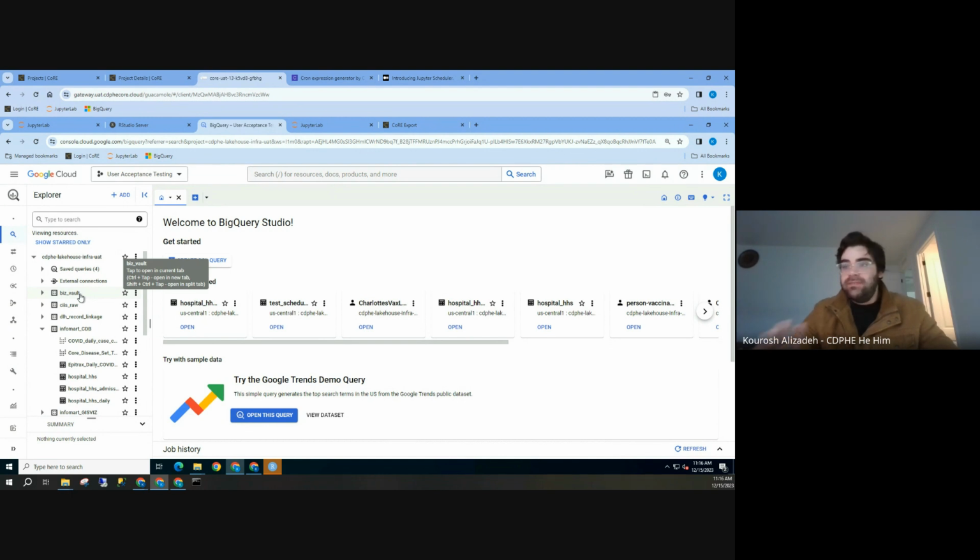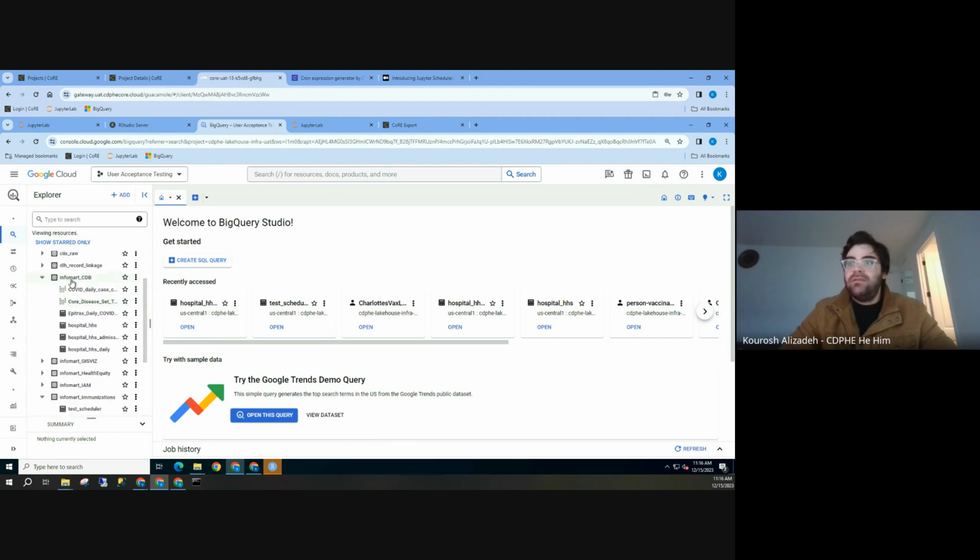Now the raw vault and the business vault are where the data from the different sources flows into. However, we wanted to provide all of you with your own databases to work in. And so that's what these different infomarts are. There's one for communicable disease, one for health equity, one for immunization. And really, if we wanted to create more, it would be pretty trivial. In fact, I've lately been thinking that communicable disease is quite a large umbrella. Maybe we need one for COVID, one for zoonosis, one for viral respiratory, that kind of thing. But anyway, these are just empty as of now.